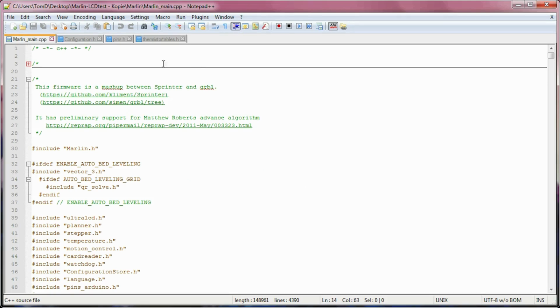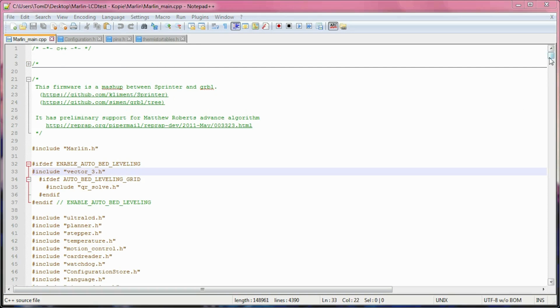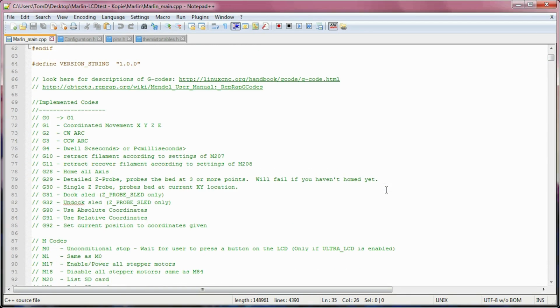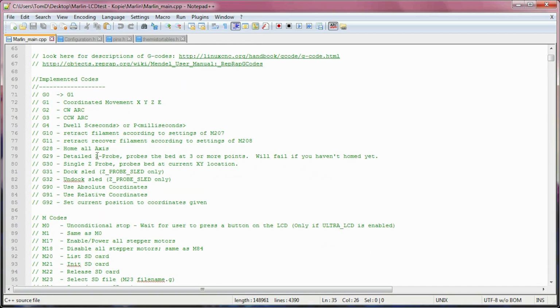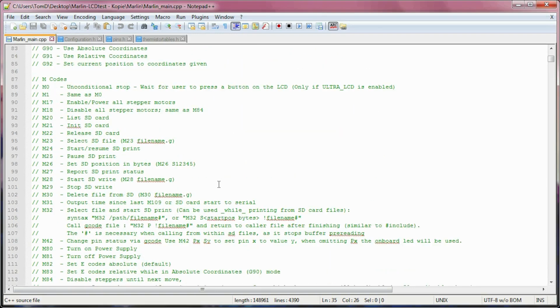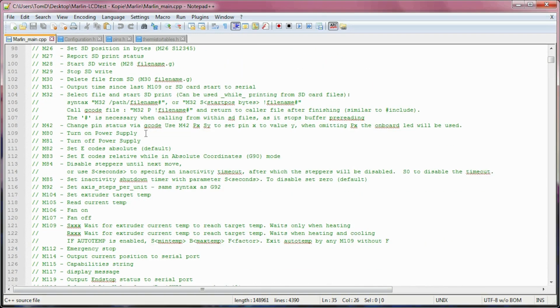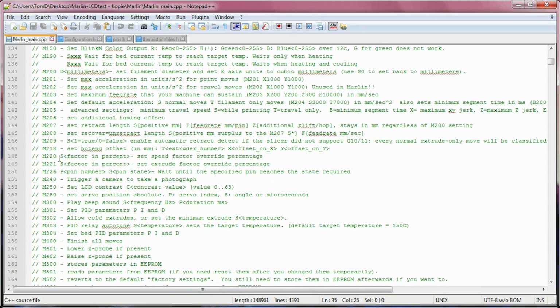So the first file I want to show you is marlin main.cpp. That's like the main file of the entire firmware. And what's interesting about this file is that it has a list of all the G-code that your version of Marlin supports. So starting with the G1 or G0 commands for simple moves, over the G28 home and G29 auto probe command, over stuff like M80 power supply on and off, M220 and M221 speed and extrude factor overrides. Basically it gives you an overview of every single command that you can send to Marlin